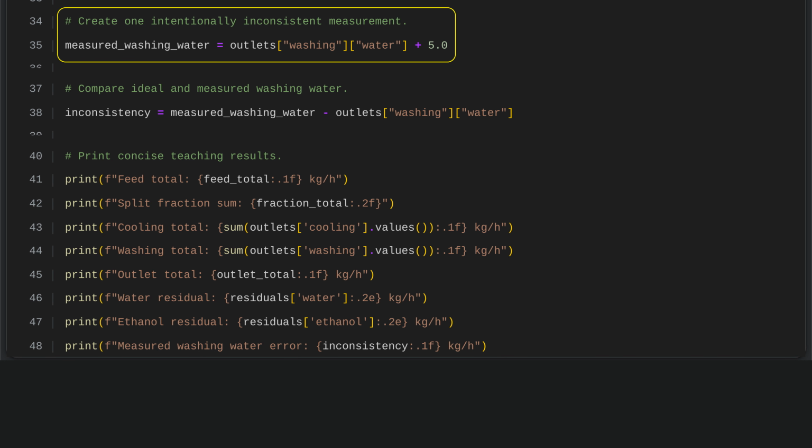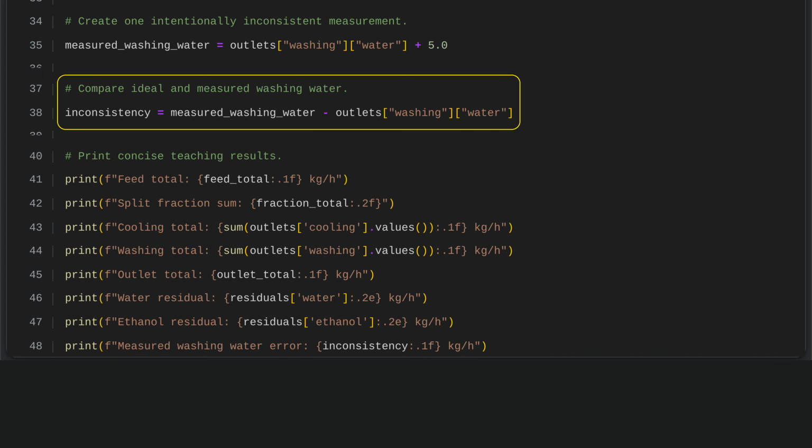An intentional error is introduced by adding 5 to the calculated water flow at the washing outlet. This creates a mismatch between the measured and expected values, helping demonstrate how discrepancies can be detected and examined during material balance checks. We calculate the washing outlet flow inconsistency by comparing the measured water flow with the ideal flow. The difference shows how much the actual measurement deviates from what is expected, helping check the accuracy of the splitter